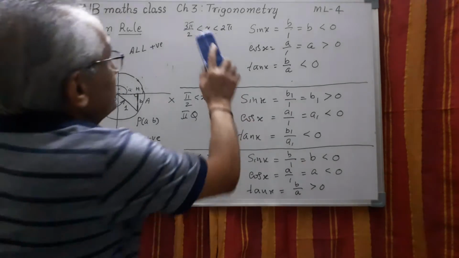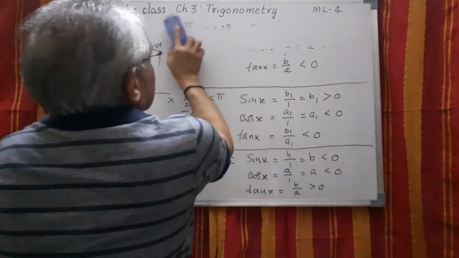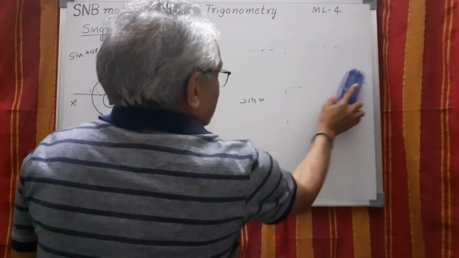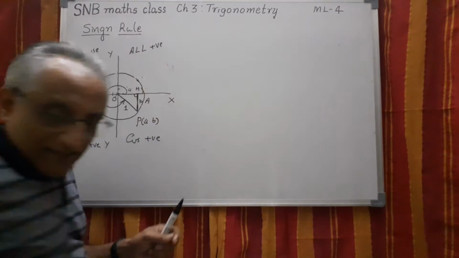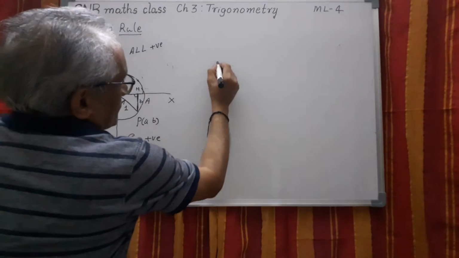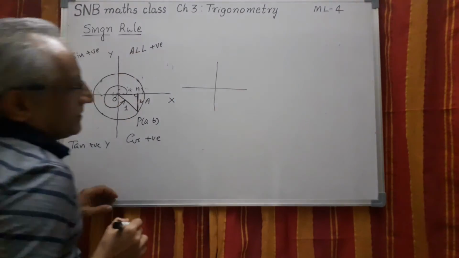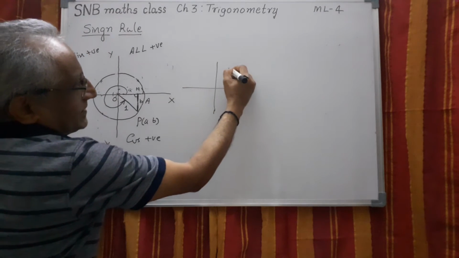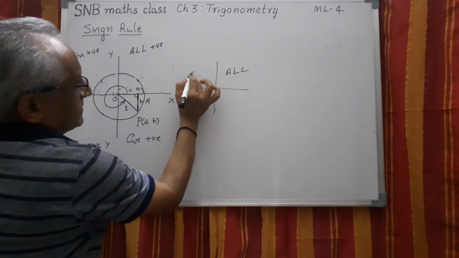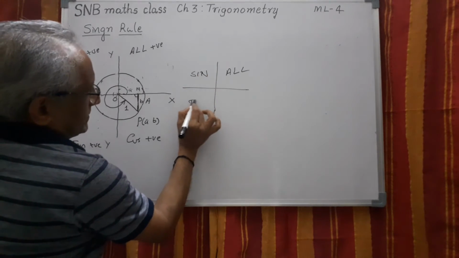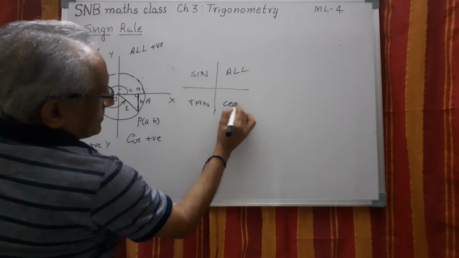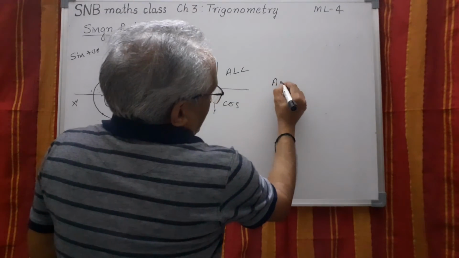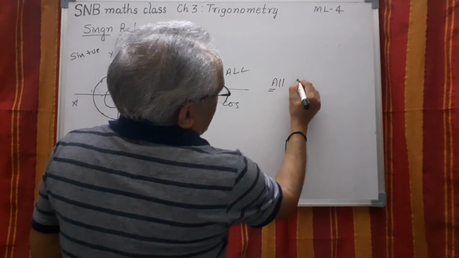To remember this, there is something called a mnemonic. There are different words. One is this. You have to remember like this: you take a plane and divide it into 4 parts. This is the origin. Here it is all, here it is sine, here it is tan, and here it is cos. Sometimes to remember this, we say